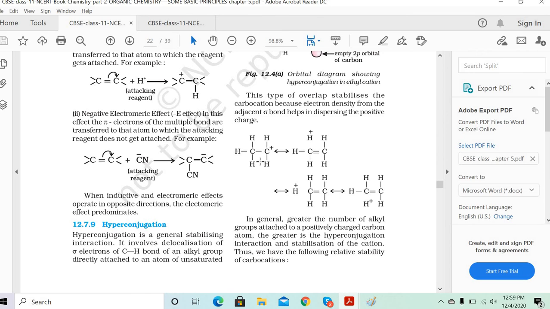Now the question arises: can this happen only to the CH bond which is on the top one? No. It can happen for the same CH bonds on the side ones also. In the third figure which you see, the H plus ion is from the second hydrogen atom. Will it happen only for the second hydrogen atom? No, it can happen to the third hydrogen atom. So that's why they are in resonance.